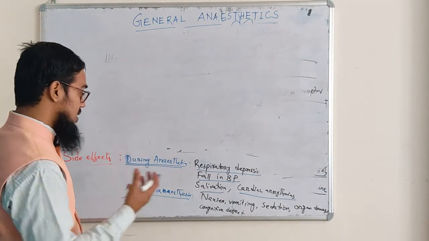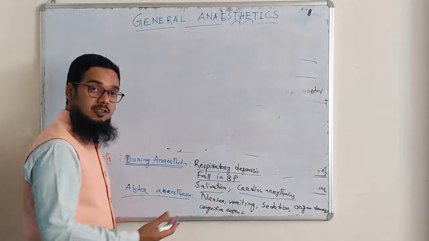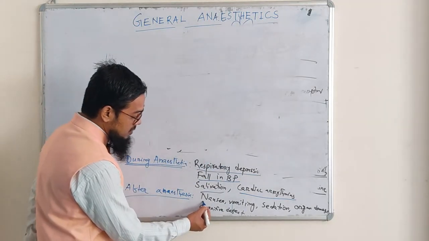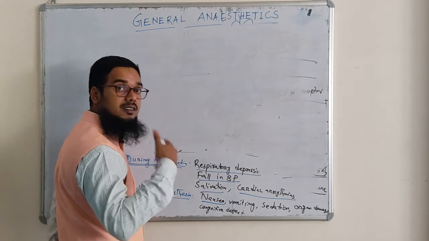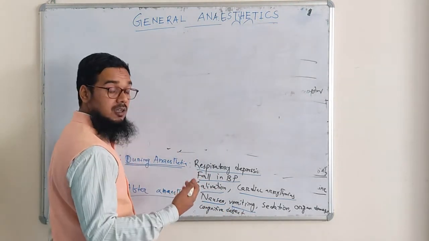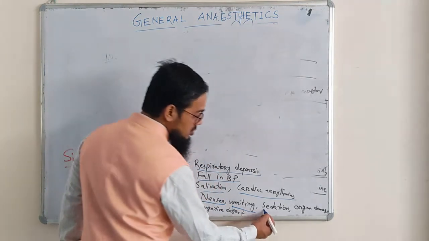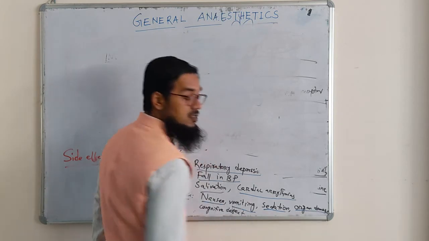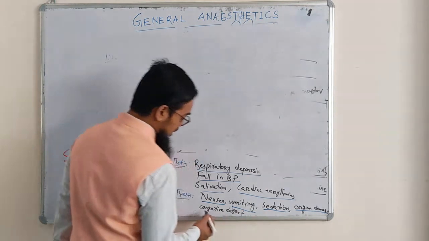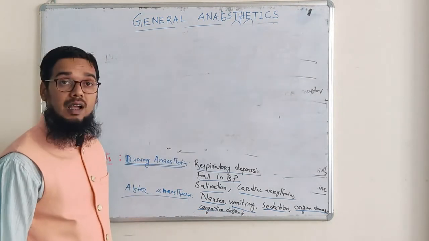After anesthesia, when the person recovers, the person will suffer from nausea and a tendency of vomiting, sedation, a sleepy tendency, and organ damage like kidney and liver damage may happen, and cognitive defect. The person will find difficulty in recognition, which we see most commonly. So these are the side effects of